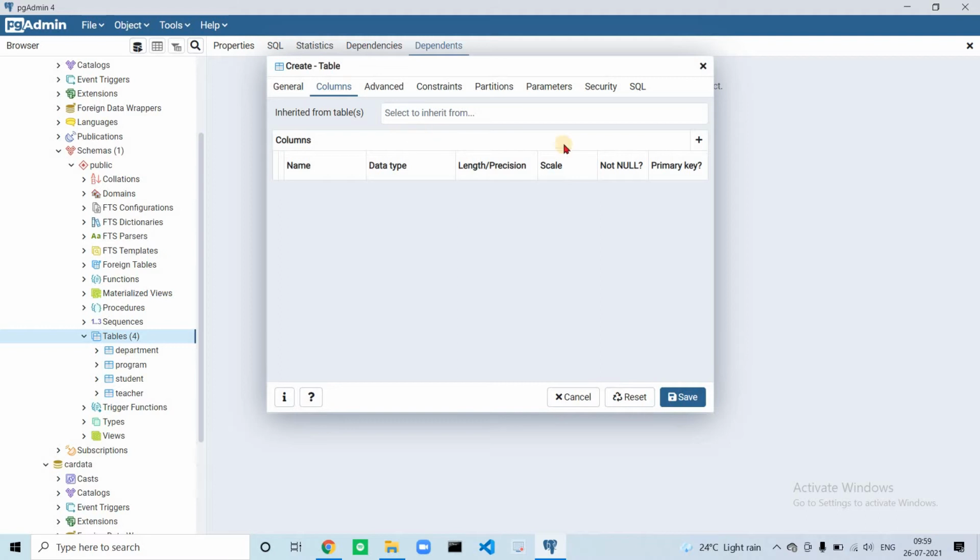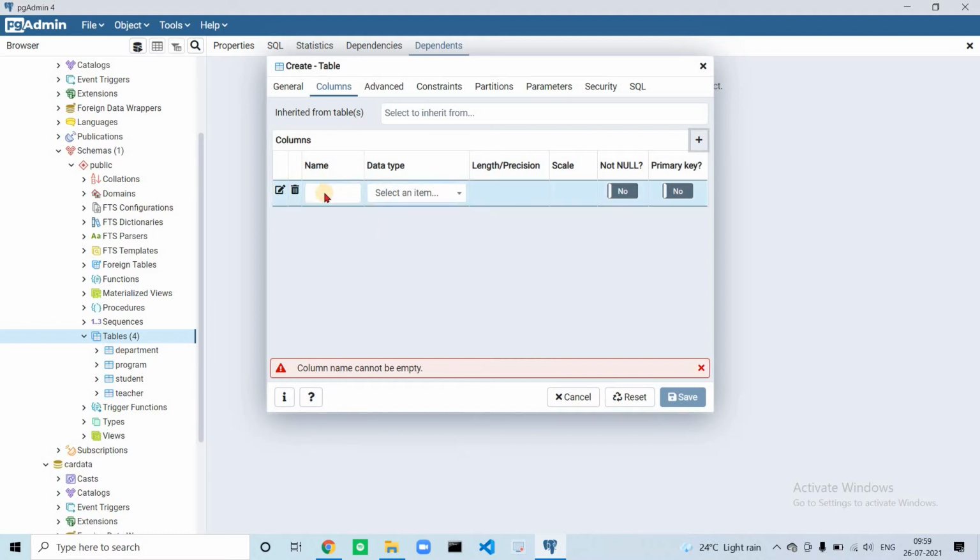Okay, columns. You can create a column for our table from here. Enter the name of the column, which is id. You can select various data types from here for the column. Let's search for serial.